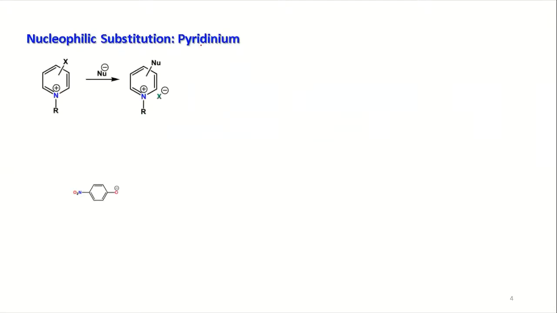What will be the situation in case of pyridinium? We have a positive charge. Now your pyridine ring here is electron deficient. That means the nucleophile is going to attack more easily. That means the reaction rate will be overall faster in comparison to the regular pyridine substituents, because we have the electron deficiency here. The nucleophile can easily attack. Overall the reaction will be faster in comparison with the regular pyridine substrate.